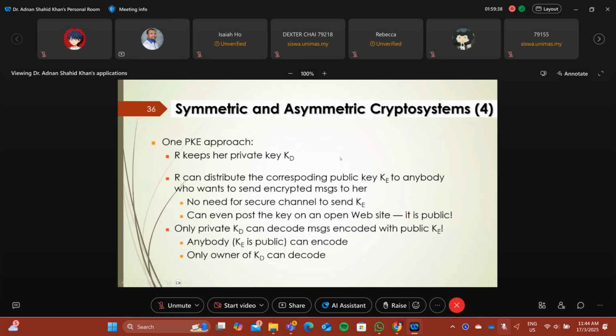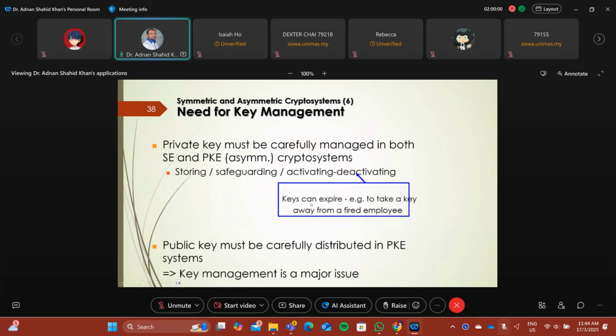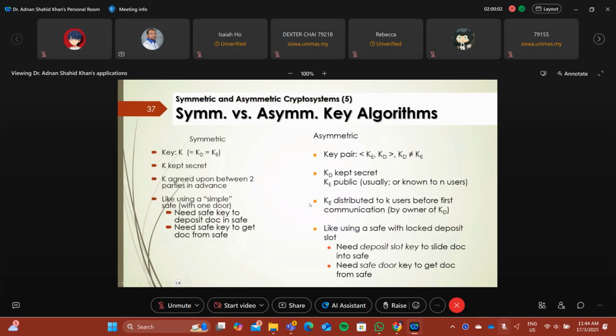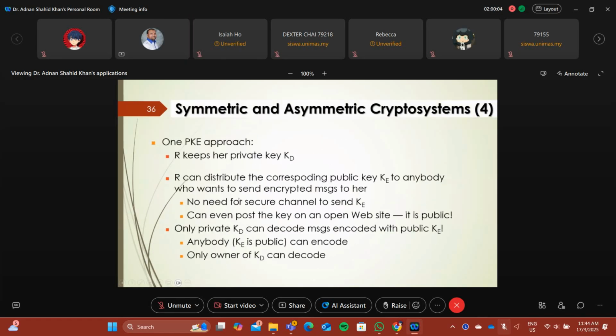In the public key approach, the receiver R keeps her private key. The receiver can distribute the corresponding public key to anyone who wants to send an encrypted message to her. There's a diagram here, I will share. She can even post the key on an open website. It's public, as the name indicates, it's your public key, like an email address. Only private